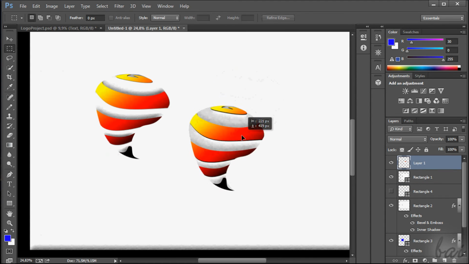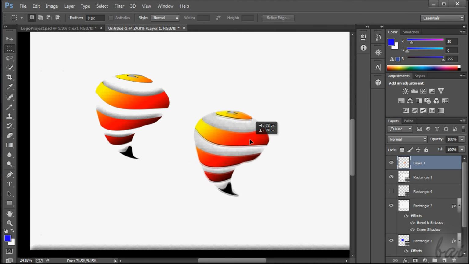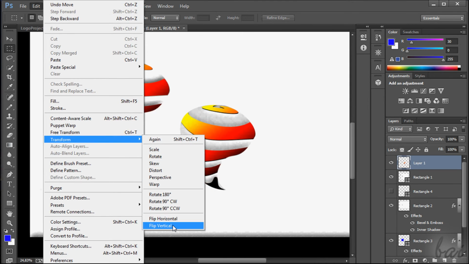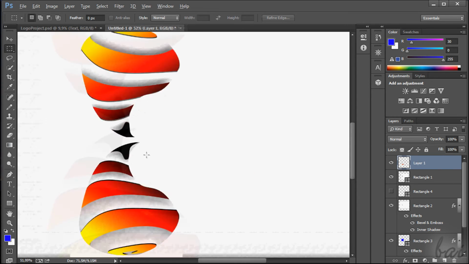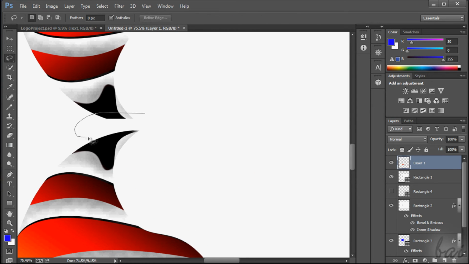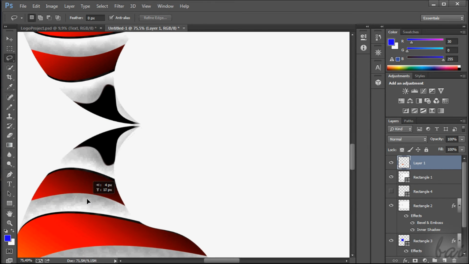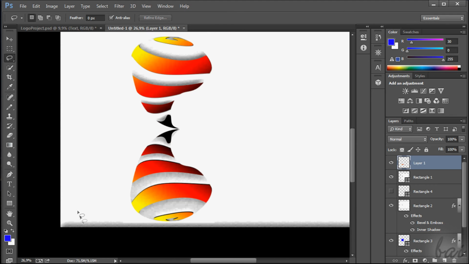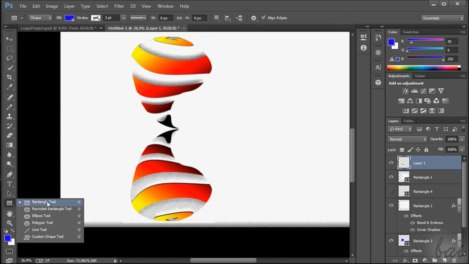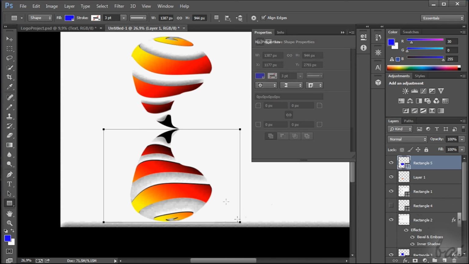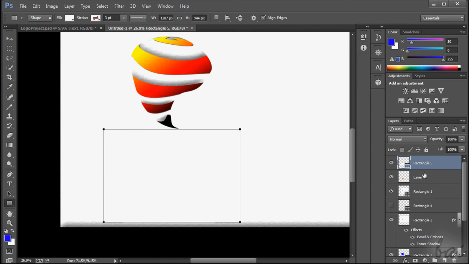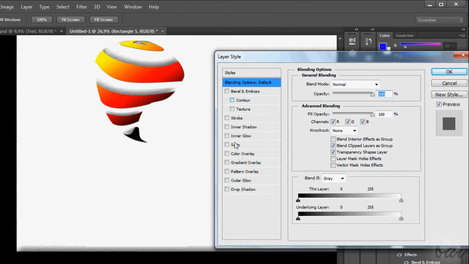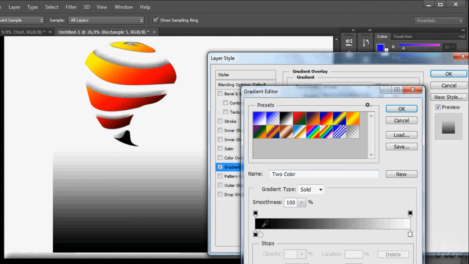Then use the Transform tool to reverse the orientation of the copy. It's enough to use Flip Vertical. Then add some feather. We can make it using another white rectangle with a gradient that goes from transparent to white. Remember to rasterize it first, or you won't see any transparency.